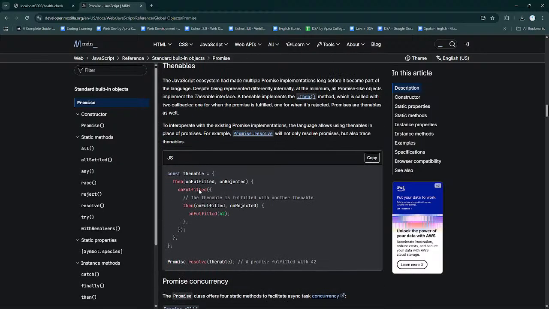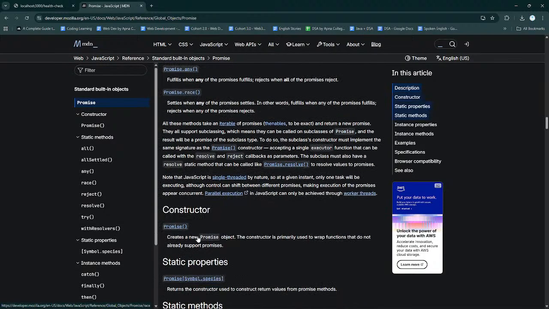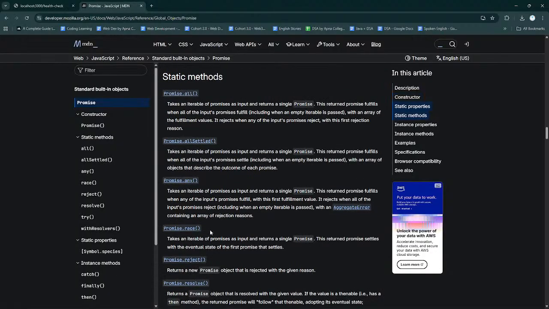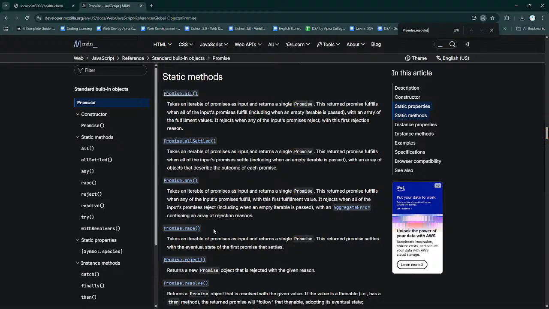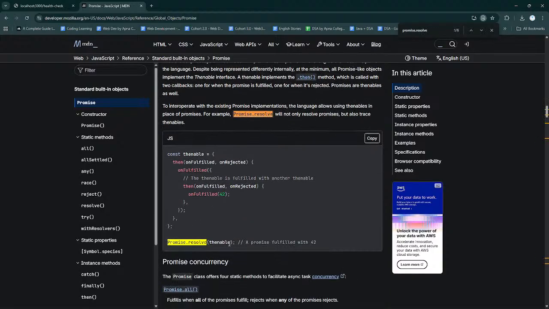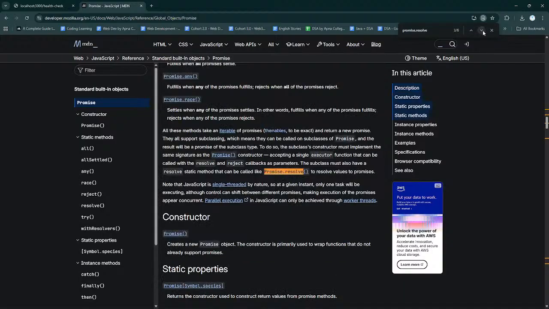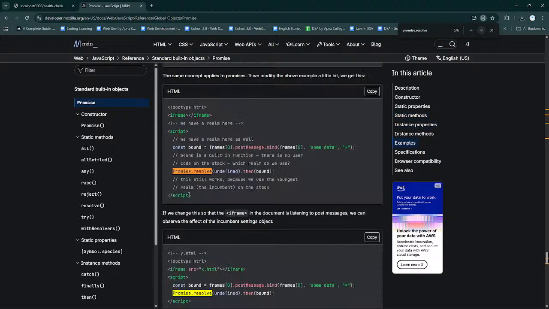This is something thenable, so we can just use it like this: promise.resolve, promise.all, promise.race. Promise.resolve, this thenable thing is here. We are doing something like this in here: Promise.resolve undefined, and then this.